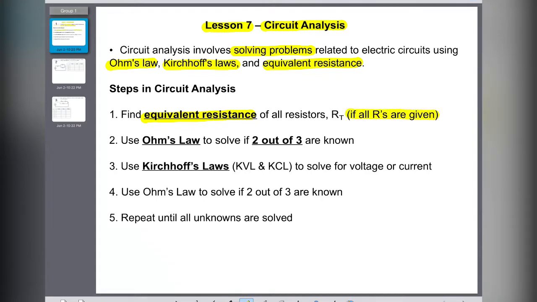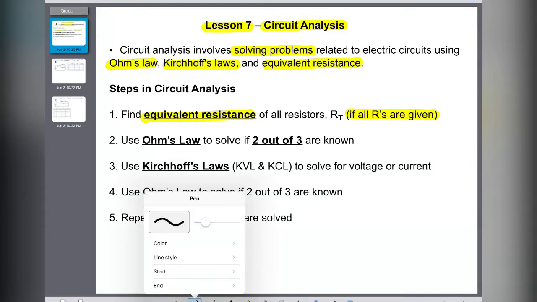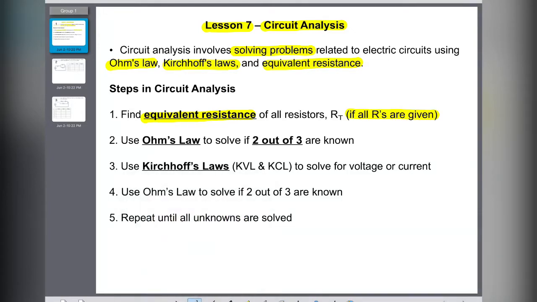the way that the question is going to be asked is they're going to give you a circuit that looks like this, and they will give you a chart with V, I, and R. If they give you all the resistances, the ones with the numbers, if they already gave it to you, you can actually use the equivalent resistance. And just a recall of what the equivalent resistance is,